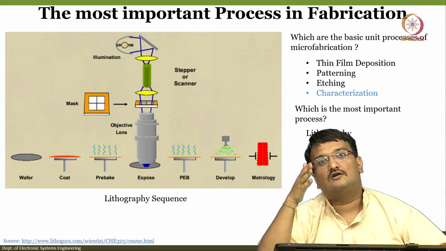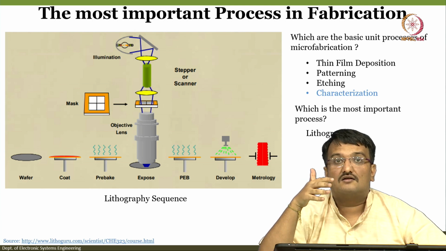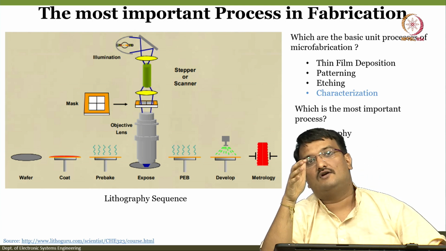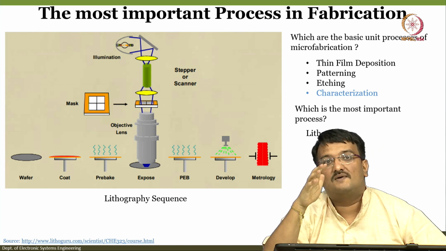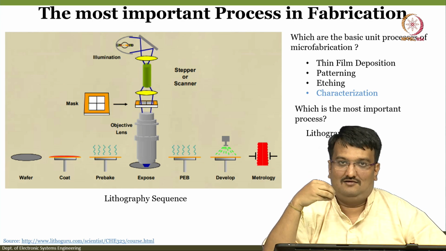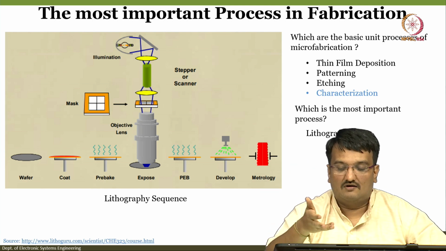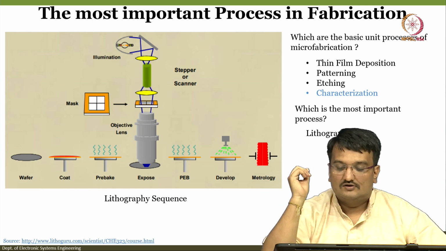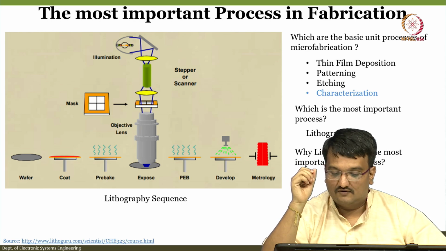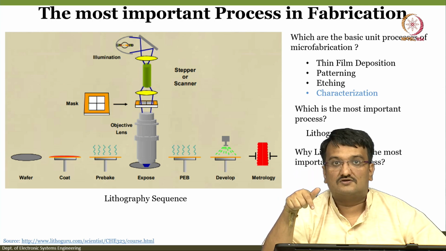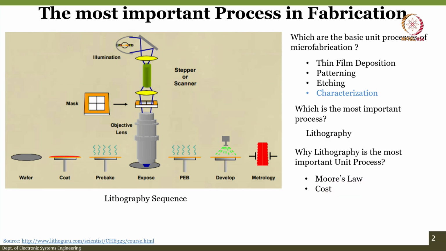Apart from that, another important point is cost. For any company, for any business, it is very important how much you are investing and how much you are getting. In fact, it's the main purpose of any business, small scale or large scale. So if you can see the screen, why is lithography the most important unit process? There are 2 reasons behind that. One is Moore's law, the other is cost. It has been noticed that almost half of the cost of any microfabrication process is spent on